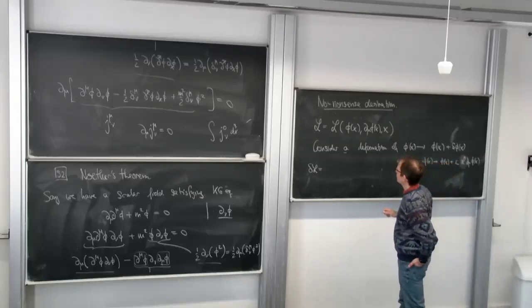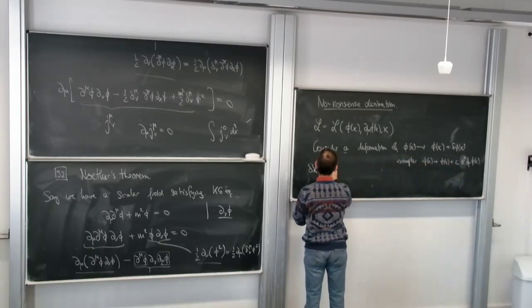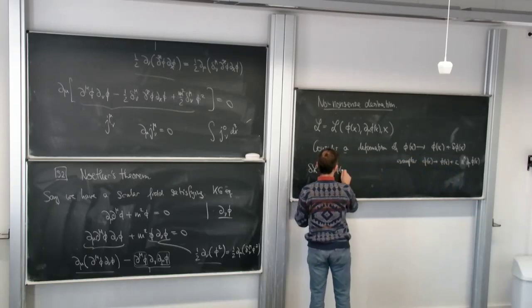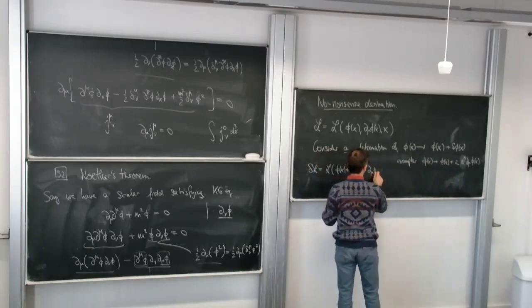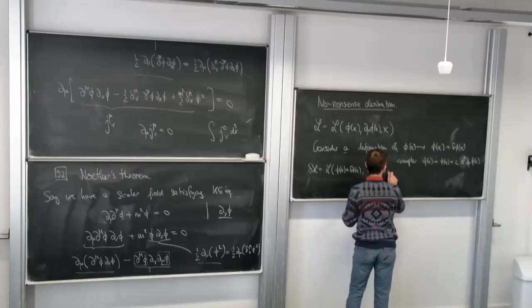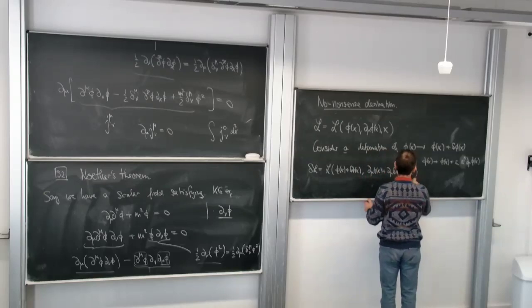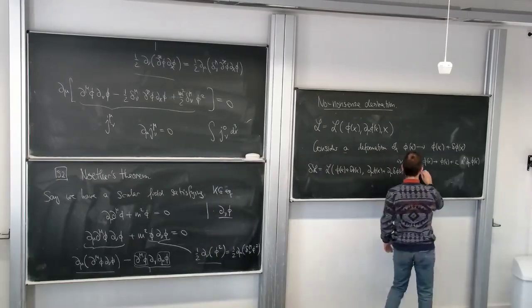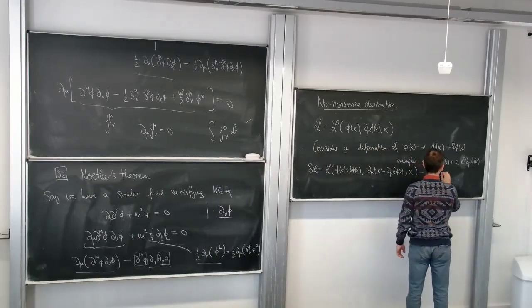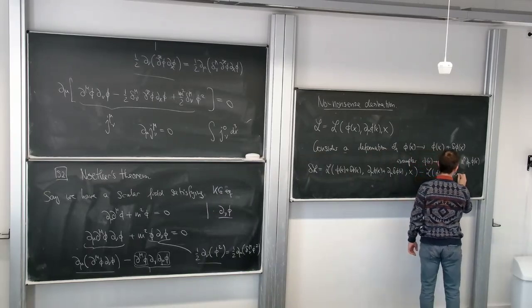And yeah, let's write the definition. So L of phi of x plus this extra bit, plus epsilon delta phi of x, and then x doesn't get changed, it's a change in phi. And then I subtract the L that we had before. And that's then the change, and I only want to keep